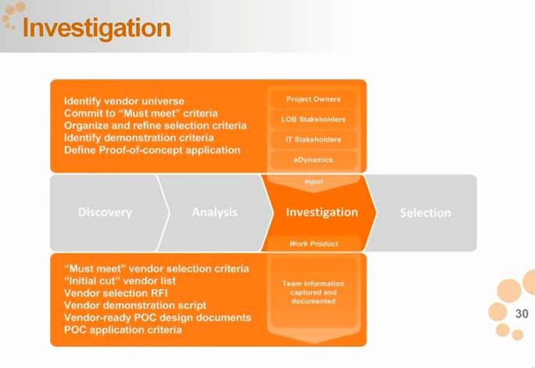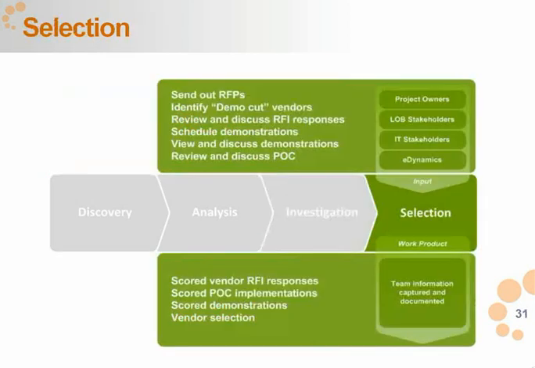Then we start looking at demonstration criteria, what we might want to see in a demo, proof of concept if we're interested in that. And then all of this begins to come together eventually to also define our RFI, which we send out, and allows us to have another filter to call out vendors that don't meet our requirements. So we engage with the vendors, we let them know what's coming, we send out the RFIs, we get the response, we discuss these internally,